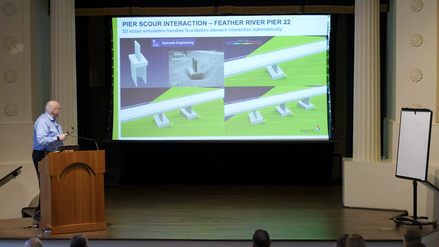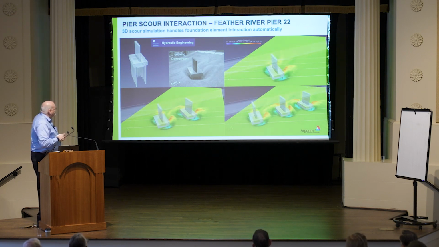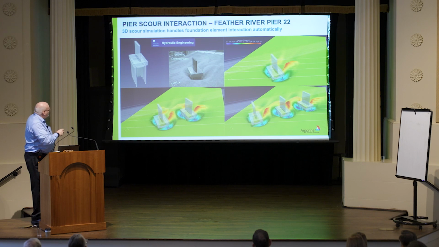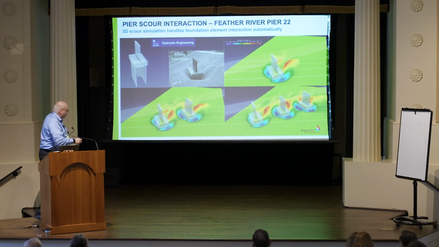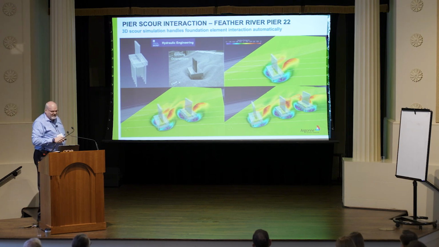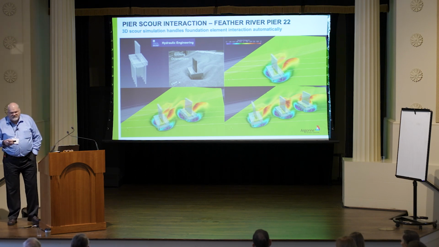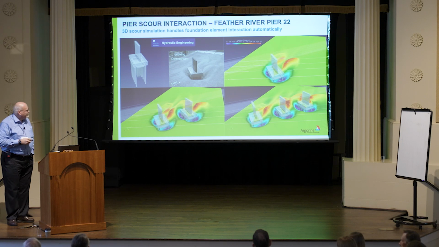Right? So here we go now and really throw some complexity at the problem, right? So we have this Pier 22 with the extremely complicated geometry, and we have the picture from the flume with the final shape of the scour hole, and here you can see now how that develops. So on the top right, you see how a single one of those piers behaves. But because it's just an STL file, the same thing you would send to a 3D printer, right? So it's very easy to generate them out of CAD software and things like that.